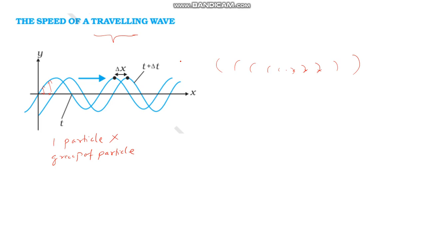And the easier way to do it is to study the top points, the crest. So here we are studying this particular point. In a small interval of time, see, at time t this particle is here. After t plus a very small time delta t, the particle is here. This is the initial position, this is the final position, and this is how the whole wave is shifting. So here we will say that the velocity of the wave is delta x by delta t.